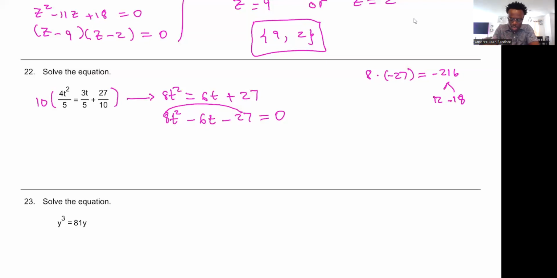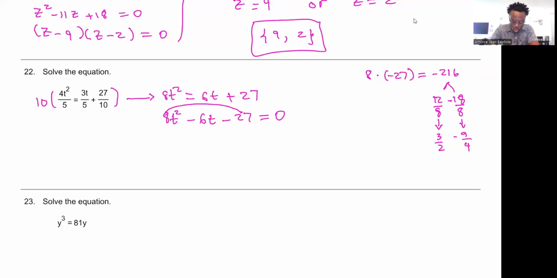And then you can factor by grouping, or you can divide by the coefficient of a and then simplify. For this one, when you simplify, what do you get? Simplify by 4, so that is 3 over 2. And this one, we simplify by 2, so that's -9 over